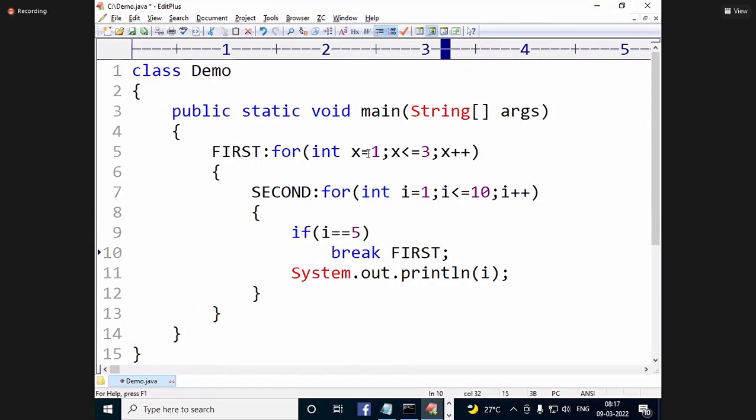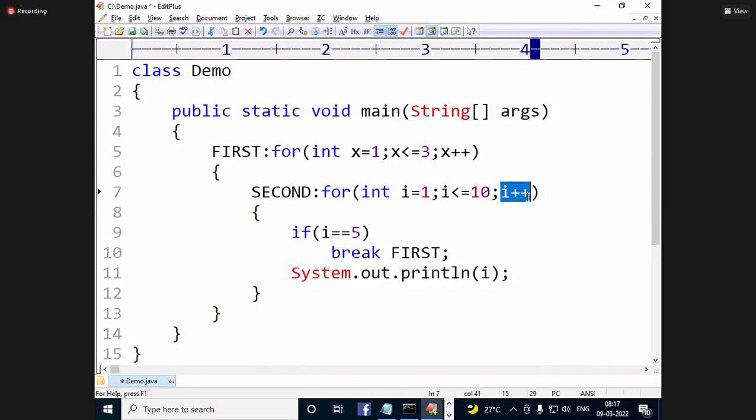First of all, int x equal to 1. 1 less than or equal to 3, true, so it will enter the loop. i equal to 1. 1 less than or equal to 10, true. 1 double equal to 5, false. 1 printed.